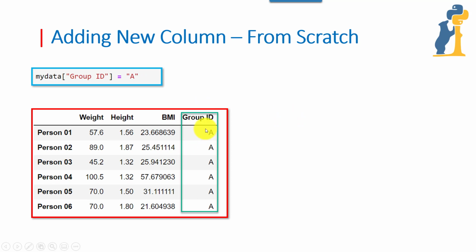If you want to put a value for every person in your dataset, you just recall what is called broadcast. Here you need to add a column called group ID with the value a character. Look here, we didn't write many A's, only one. And Python will understand that you need to broadcast this value to all observations in your dataset.